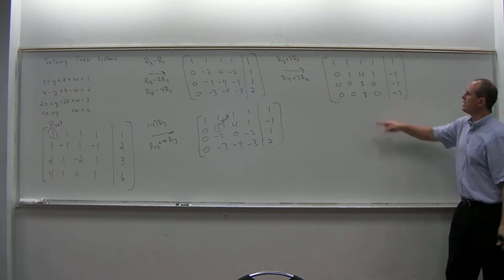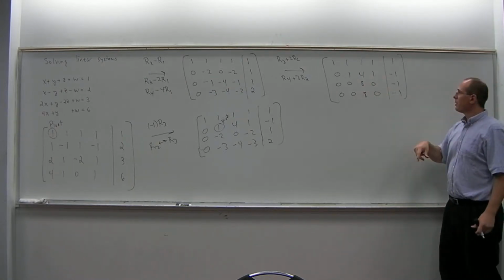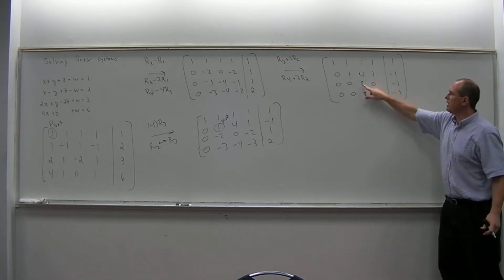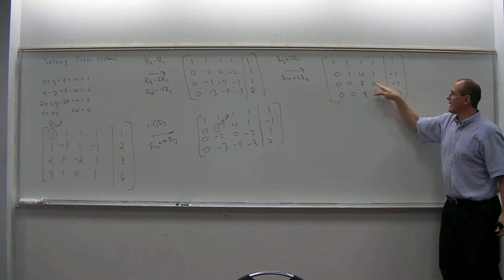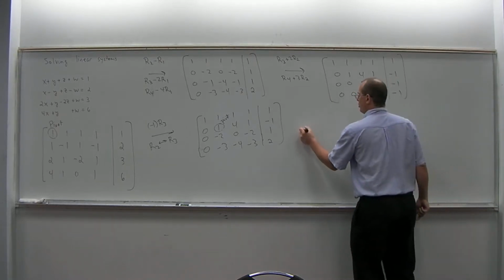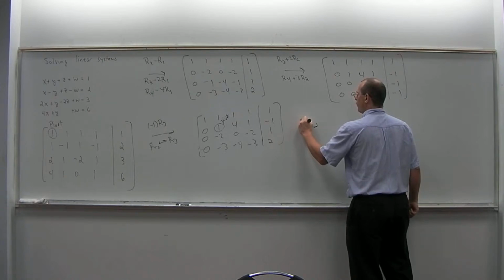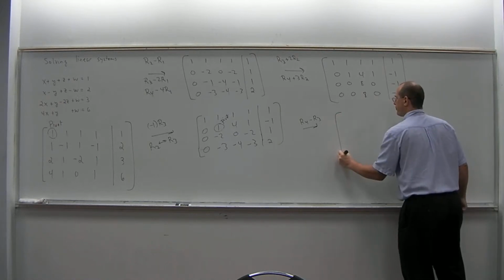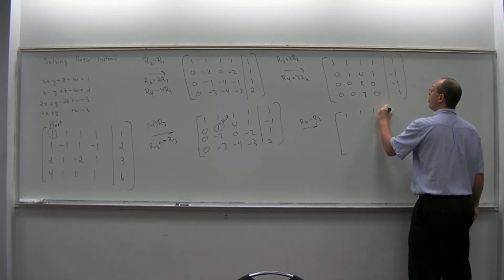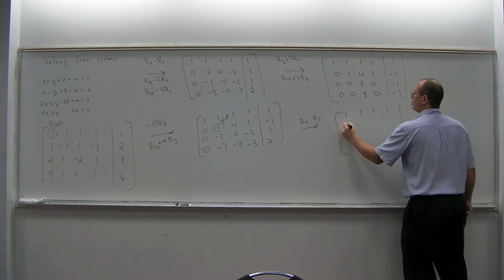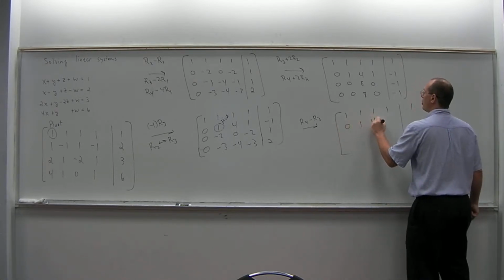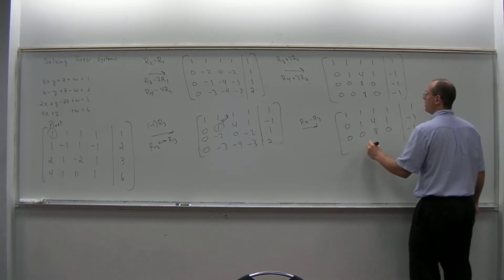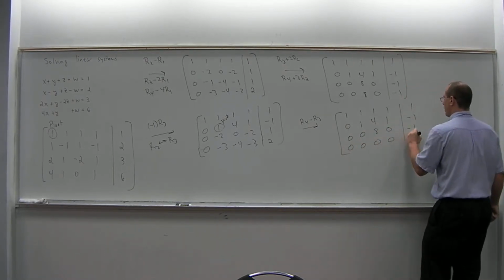And continuing this process, I would like that number to become a 1. But before I just blindly divide by 8, let's notice that these two rows are exactly the same. So I'll take advantage of that by saying, let's do row 4 minus row 3, so that these become zeros. So 1, 1, 1, 1, 1,